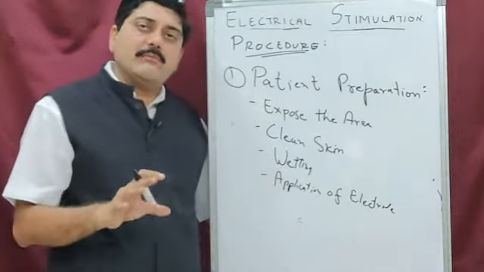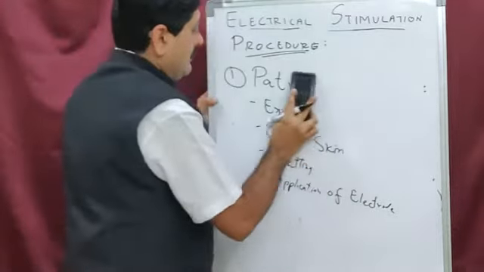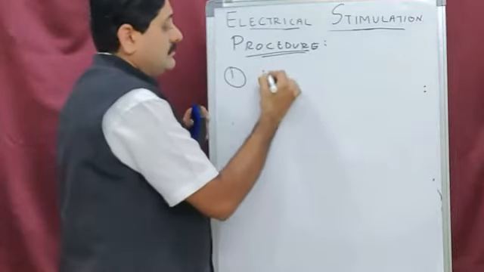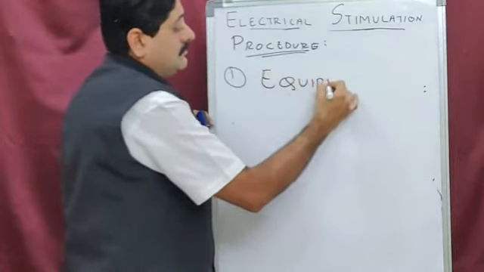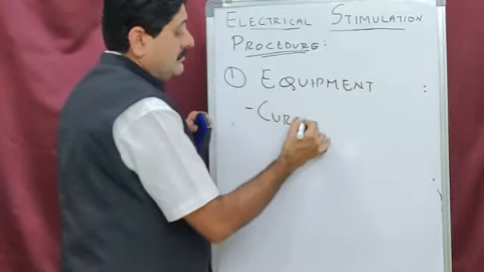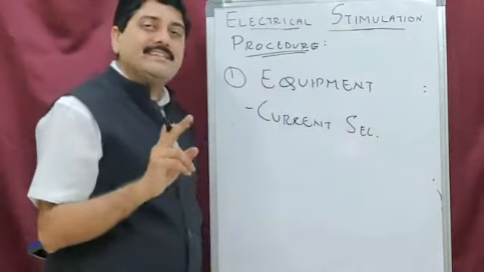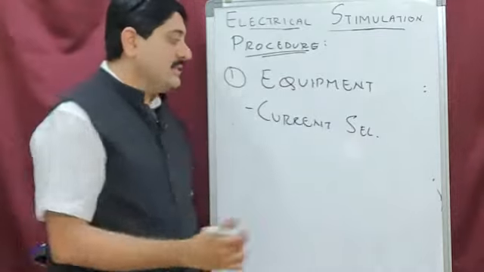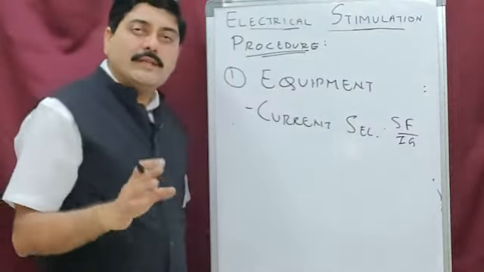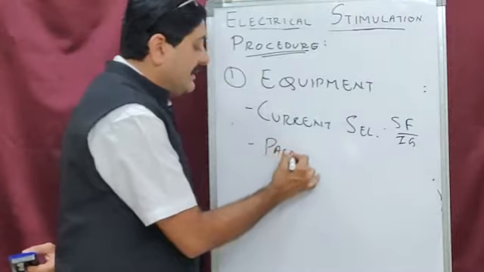Then preparation of equipment, you are turning the equipment and you are placing it in the position. You are going to go for selection of current with which you are going to treat the patient. So either it is SF or IG. First you are going to decide whether you are going to go for SF or you are going to go for IG. Then you are setting the